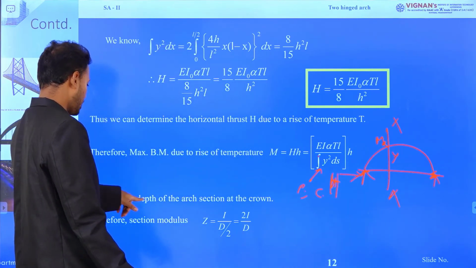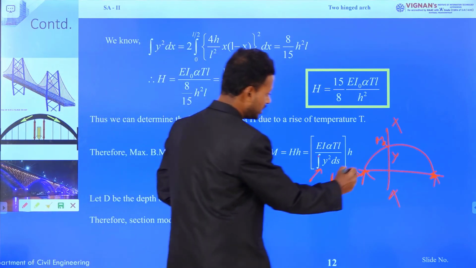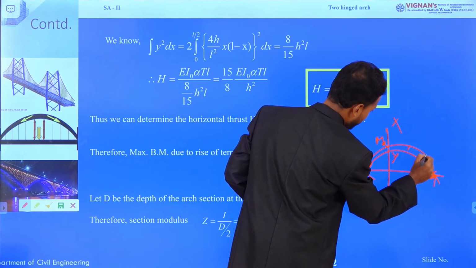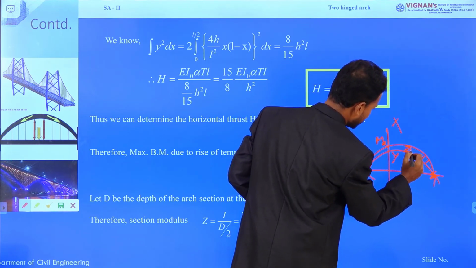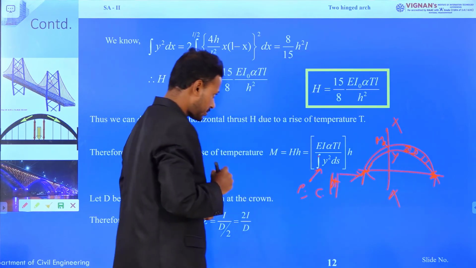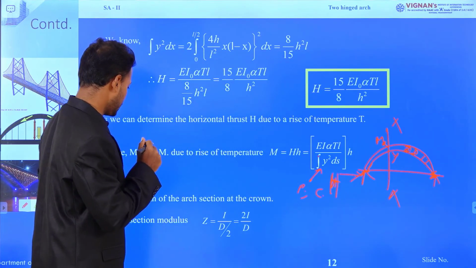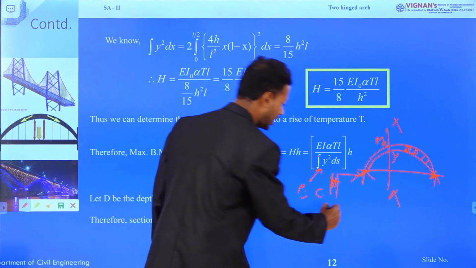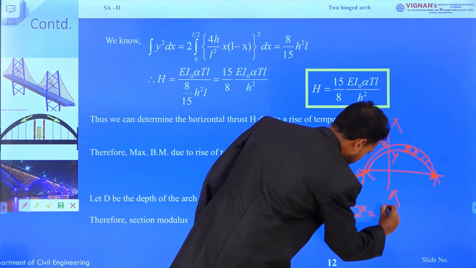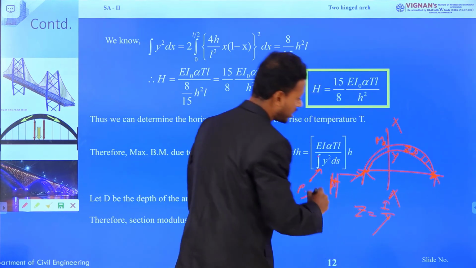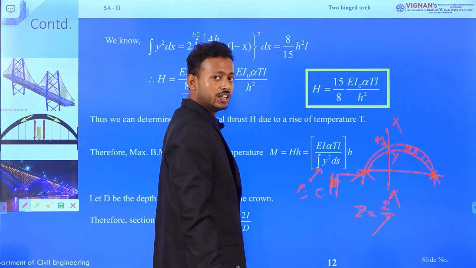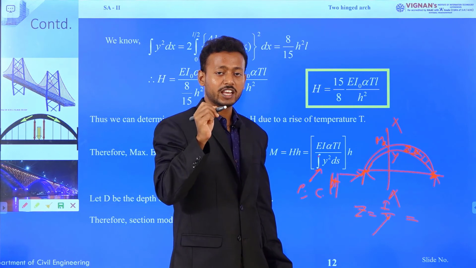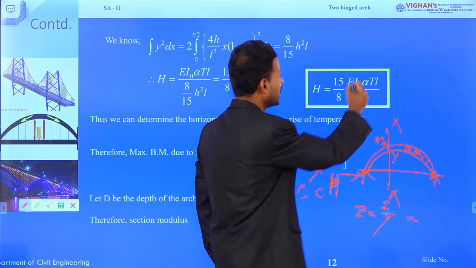Let D be the depth of the arch section. This is an arch section. So, the depth at any section you consider is D. If the depth is D and the section modulus Z equals to I by y, we know the section modulus Z equals to I by y. I is the moment of inertia and y is the distance of the neutral axis from the farthest fiber. For any beam section, you always remember, for any section,